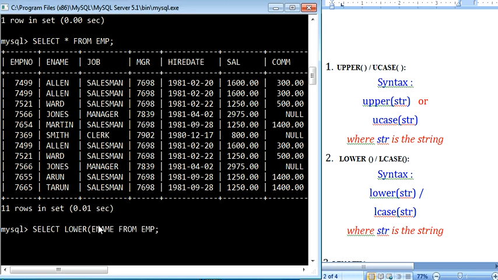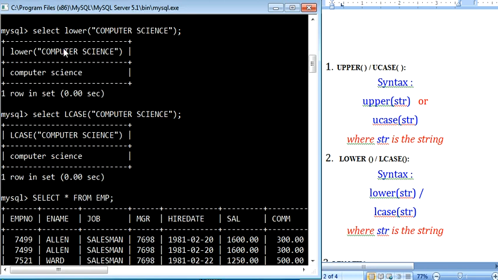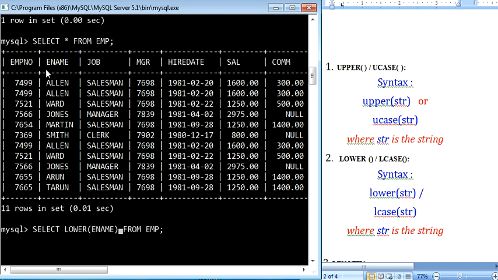Okay, like this. Now see the difference. When we are using the lower function with a string, the string should be enclosed in quotes. Compulsorily, when you are passing a string, it should be under quotes. But when you are passing a column name, it should not be under quotes. Column names should be given as they are. No need to use inverted commas over here. Inverted commas are applicable only for strings. Other than the string, nowhere do you have to use inverted quotes. I hope it is clear?